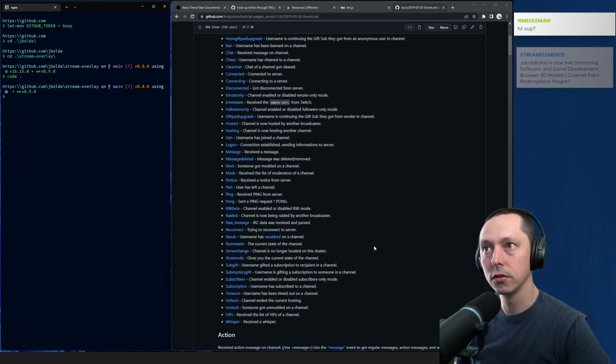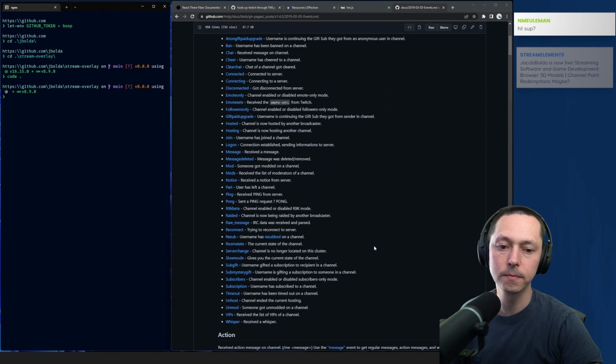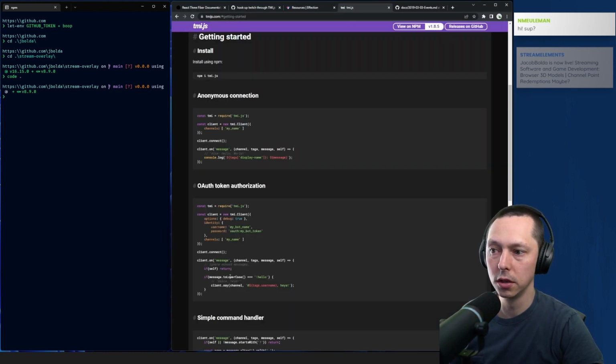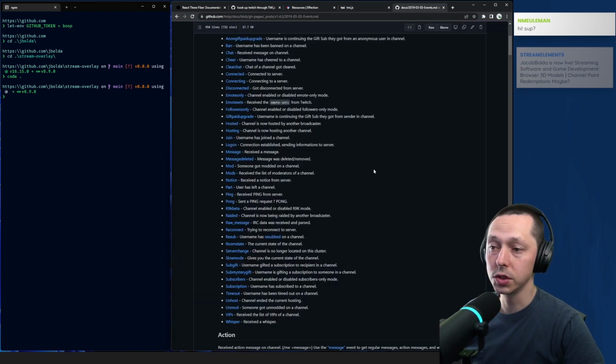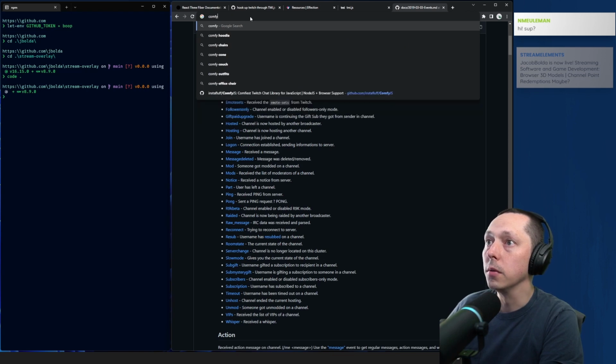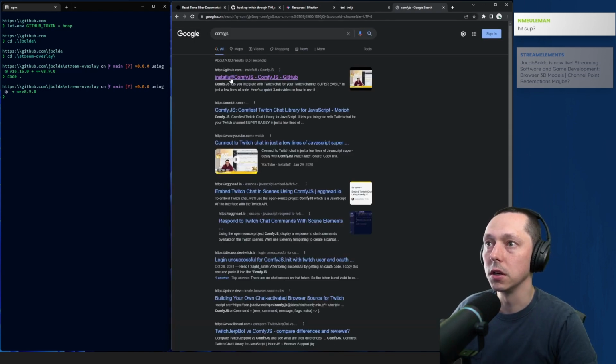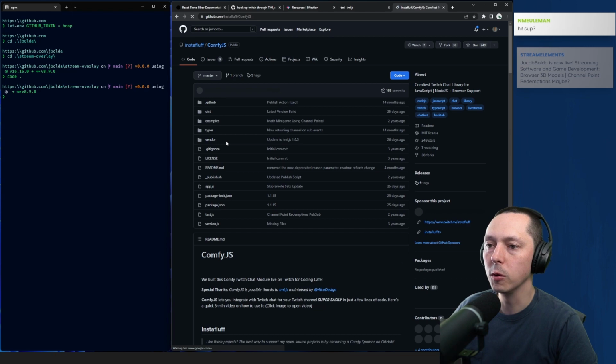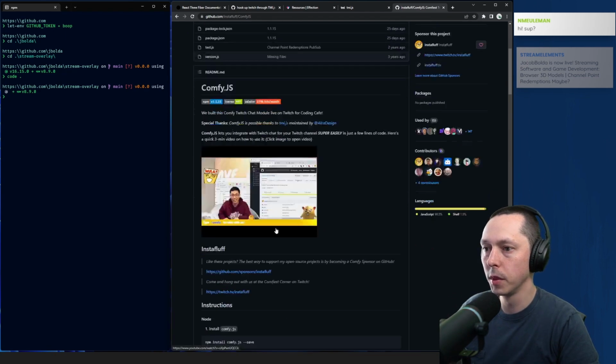And we can't get to it strictly through TMI.js. And the reason I went with TMI.js is because I thought the event syntax would be nice to work with. Which I wasn't wrong about that. But this isn't going to give us the full picture. So after I had it all working, I grabbed Comfy.js instead, which we had originally talked about on the stream.